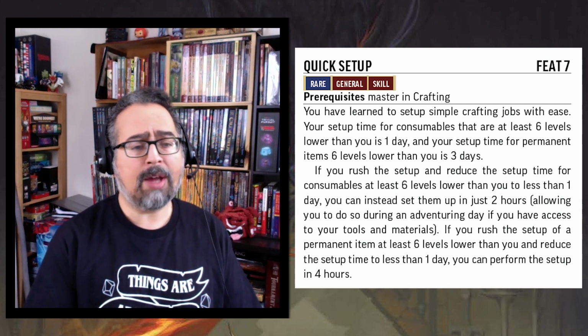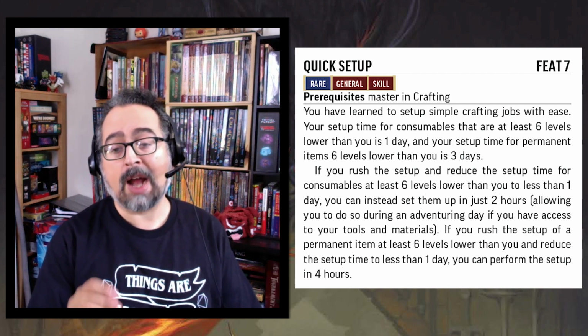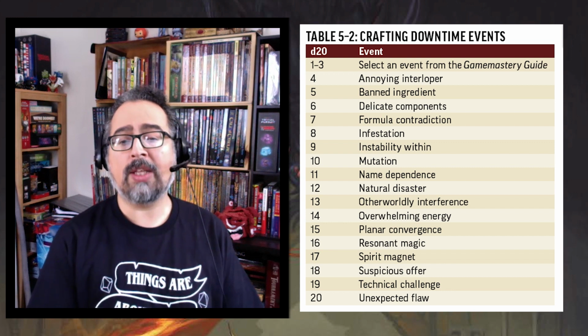It does warn game masters that this feat can affect your campaign, so ponder about this before having this feat as an option for your players. The crafting alternative rules also has a chart for crafting downtime events if you wanted to add some fun side